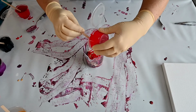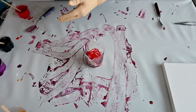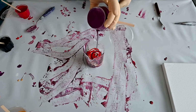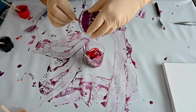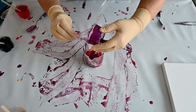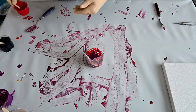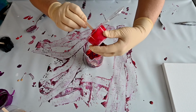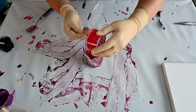because when it's cold my colors kind of get a little weird if they stand there mixed too long. Some permanent red violet in there. And some carmine red. And that